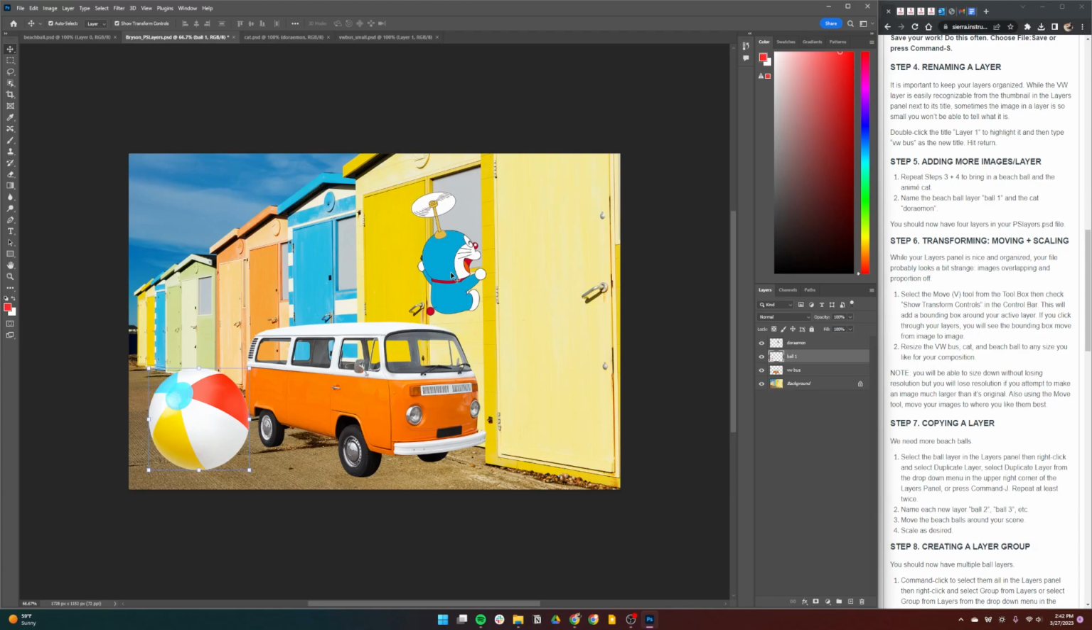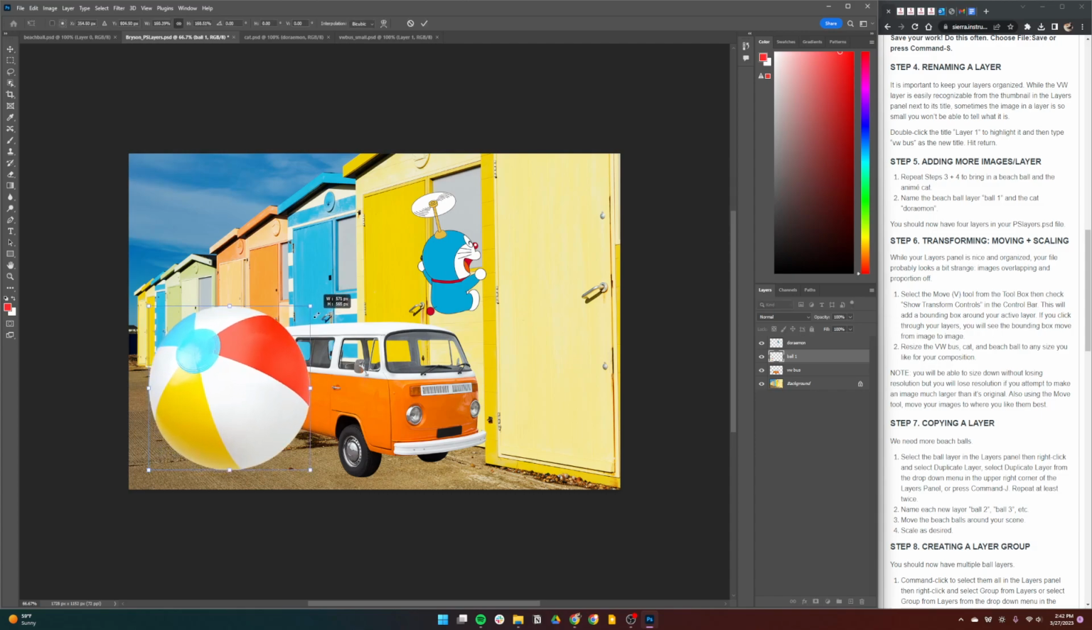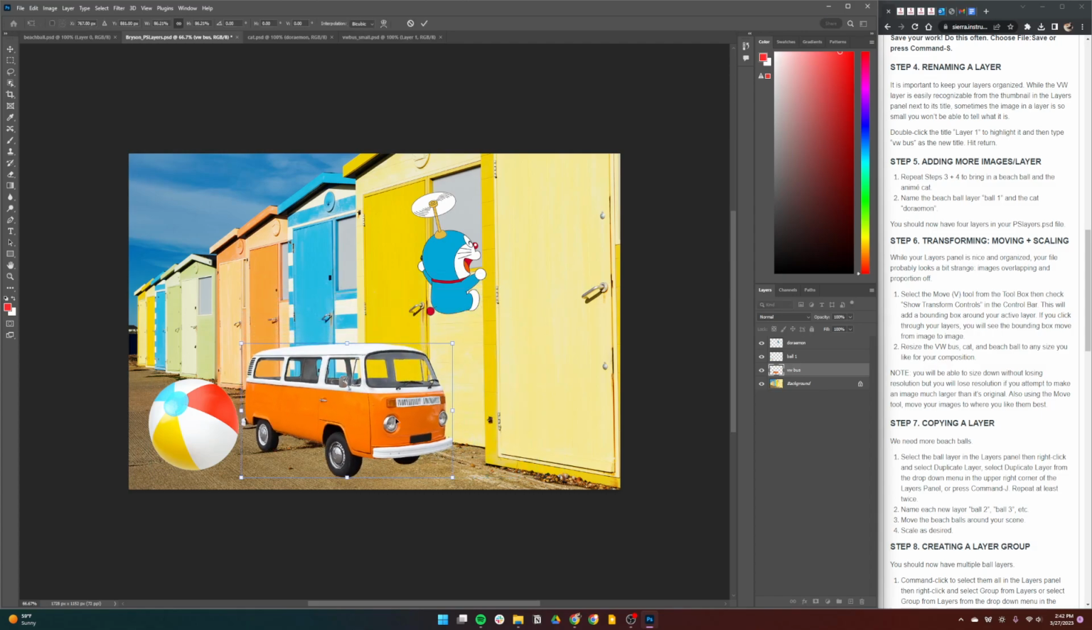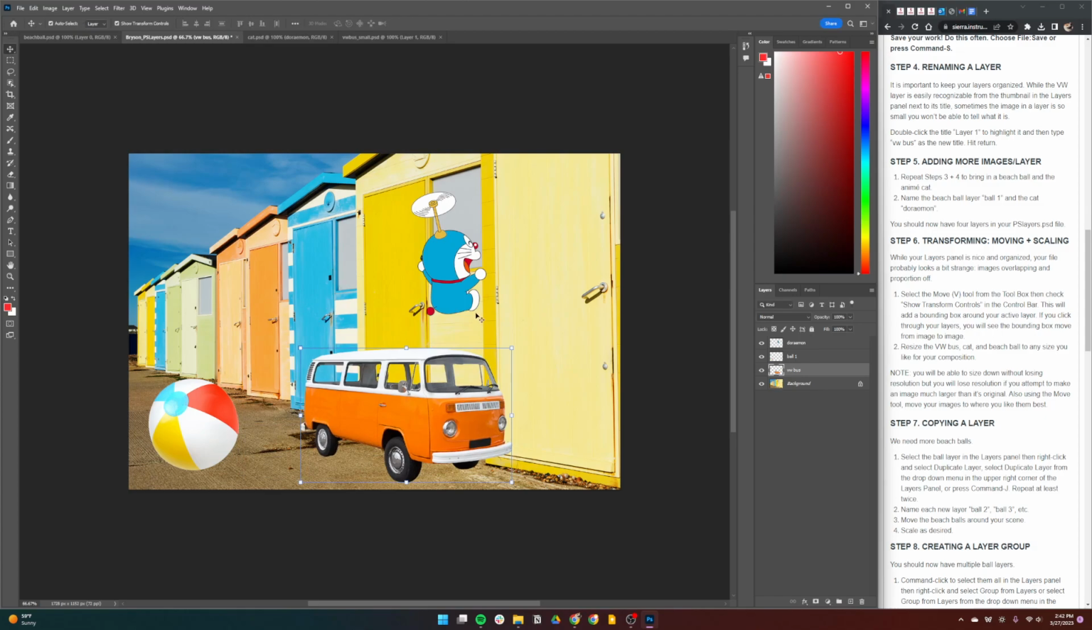So we can resize these however we want by clicking and dragging on the bounding box here. So just click and drag and then press enter to save, or to confirm basically. You can move it around, you can just do whatever you want. I kind of like the size of this. Okay, so